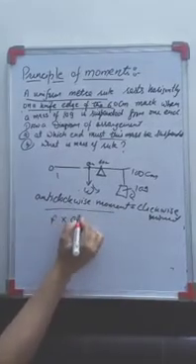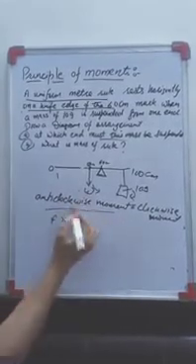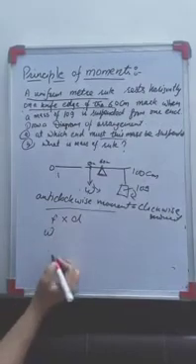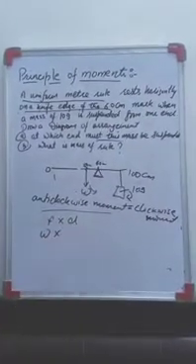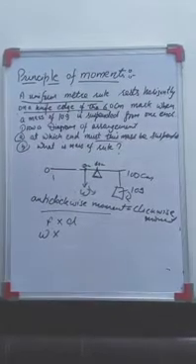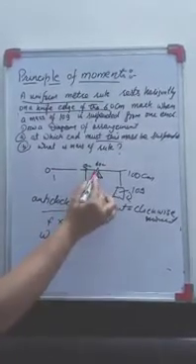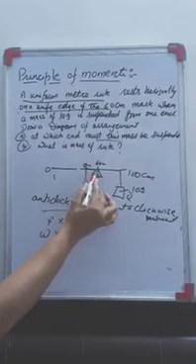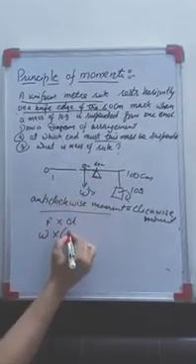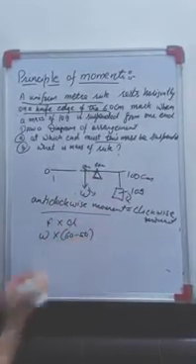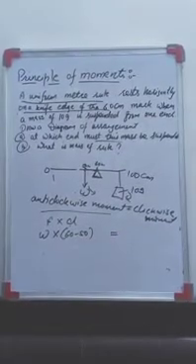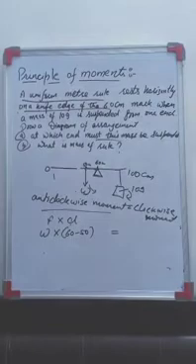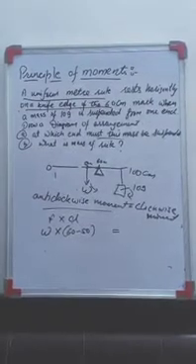Force into distance. Force is over here, weight I am taking, right? Multiplied by distance. Distance from what? Distance from the pivoted point. Over here, this will be the pivoted point. So what is the distance? It is how much? 60 minus 50, right? Is equal to the clockwise movement. Clockwise movement is what? Over here, it will become,